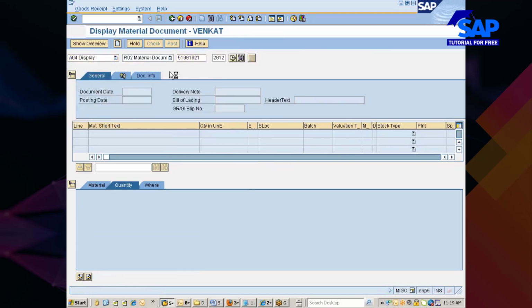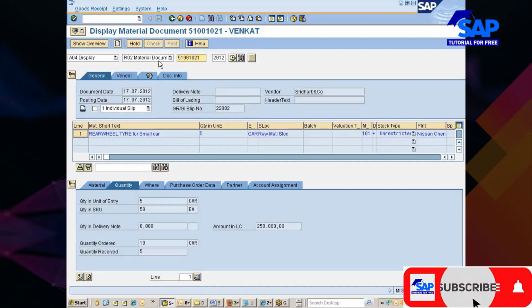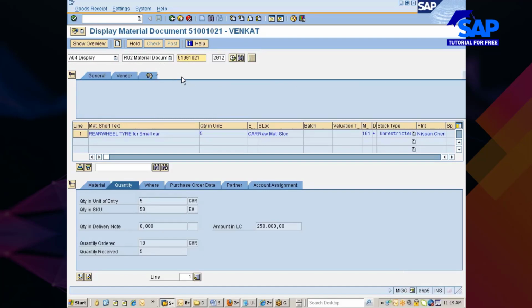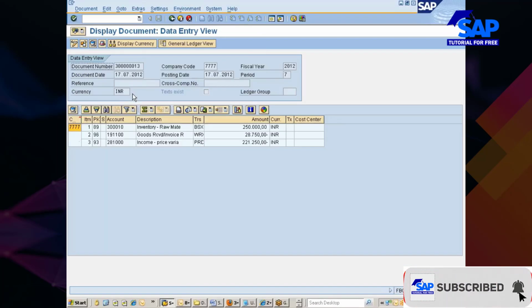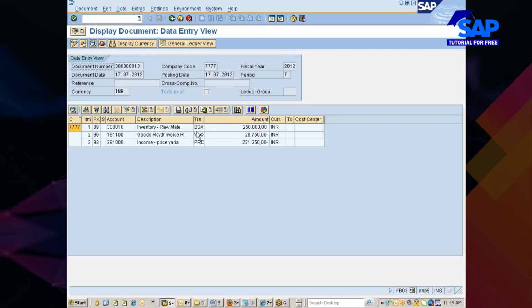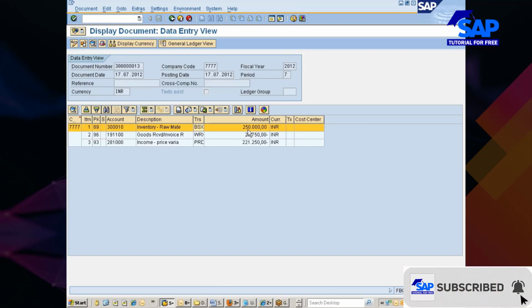I would go with the display, accounting document, F5 documents. Now you see, Pavitra, what is the quantity that I have posted? 5 pieces, isn't it? Okay, not 5 pieces, 5 cartons. Now you see here BSX, it is 250,000. How is it 250,000? 5 cartons equals to,